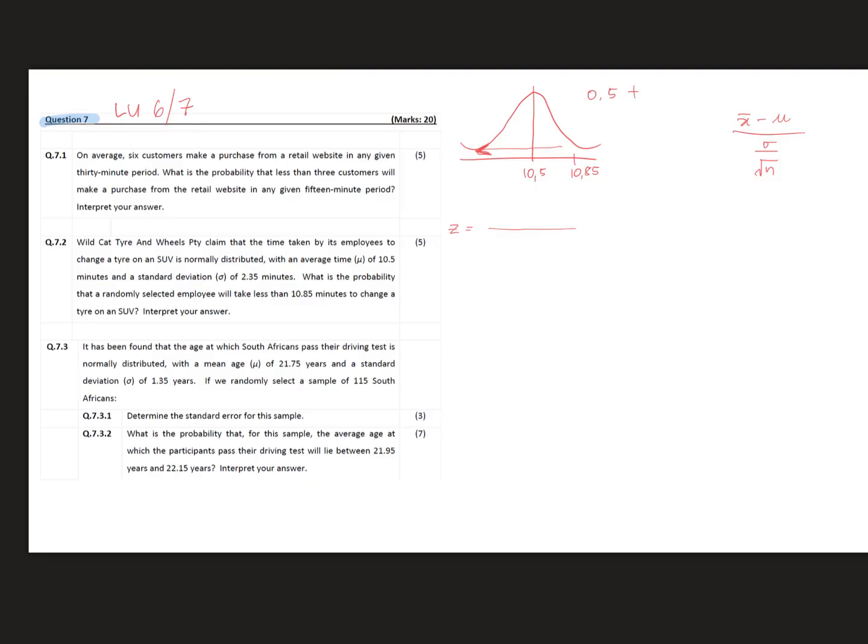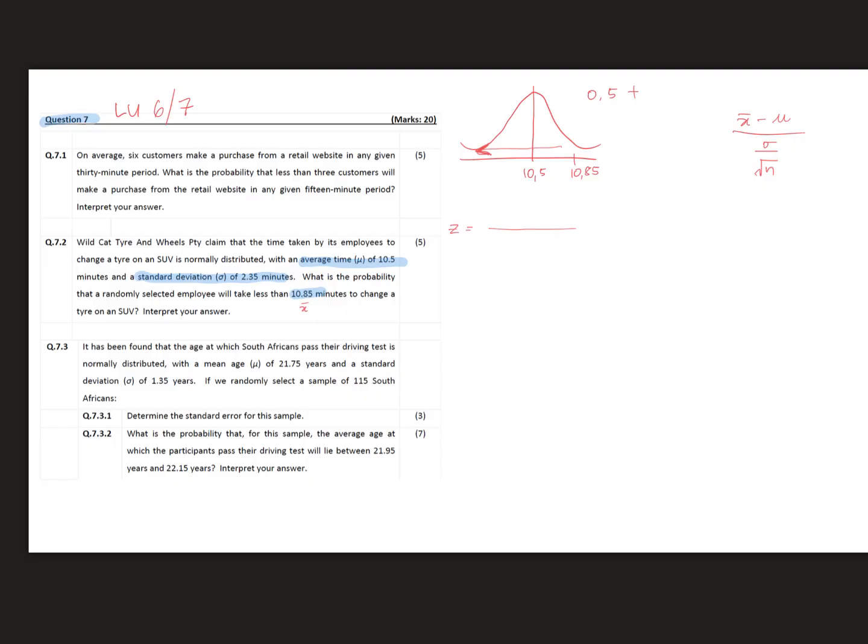So x bar is the 10.85. The mu value, they did tell you in the information. And then the standard deviation, they did say to you here. And your n value, they did not tell you what n was in so many words, but they did say to you in the question,